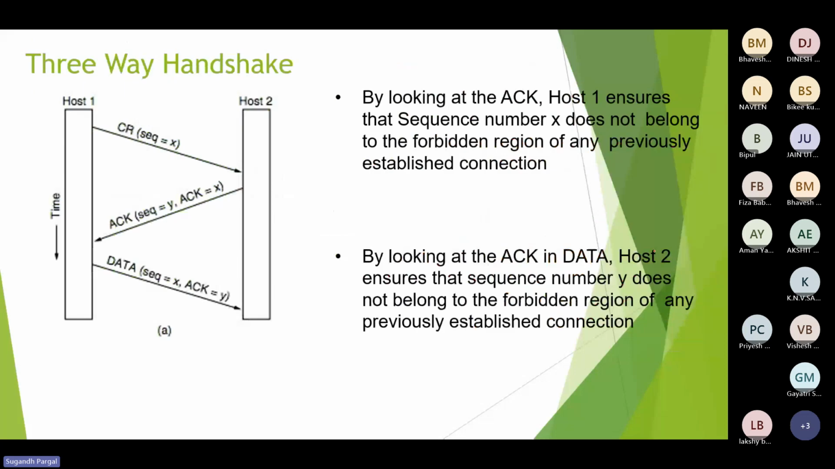So for this, we have introduced the three-way handshake. So what is the three-way handshake? So in this,